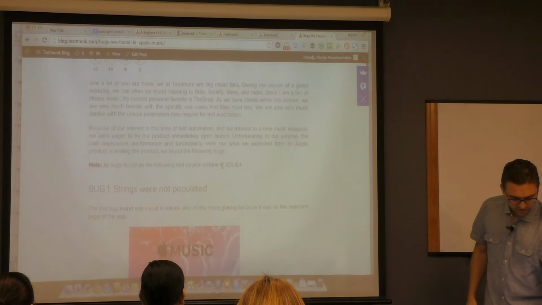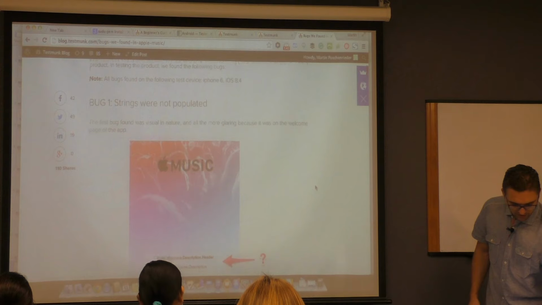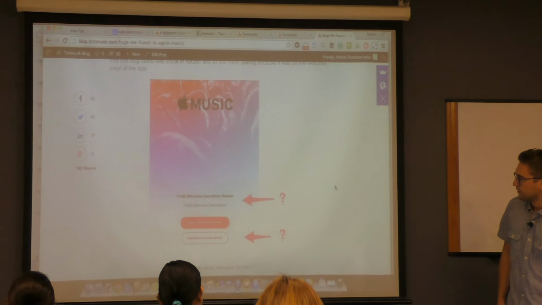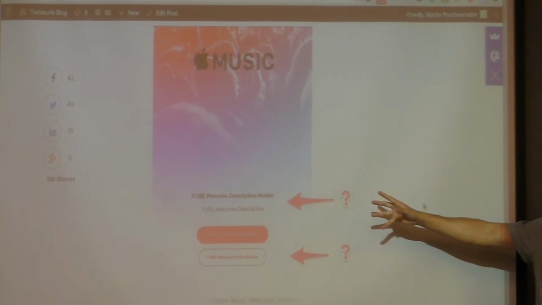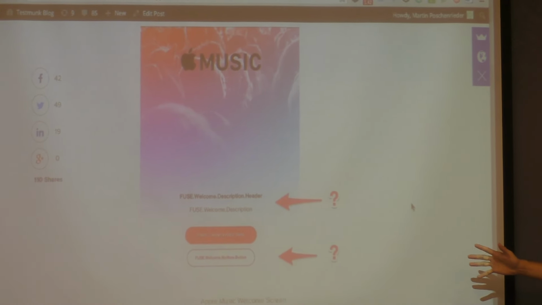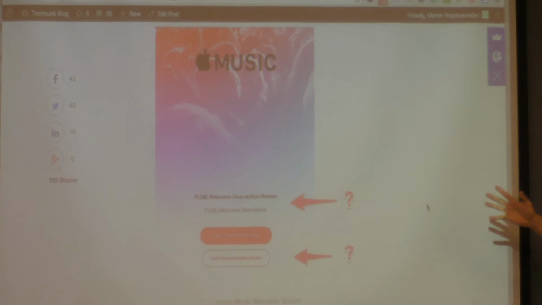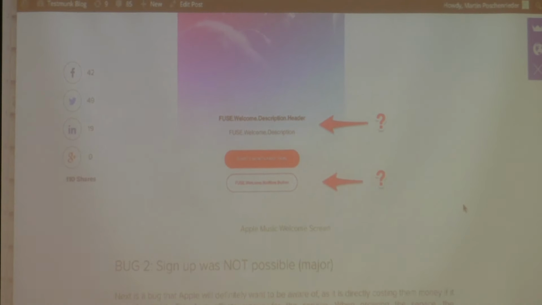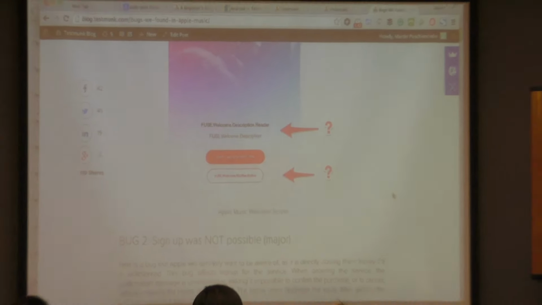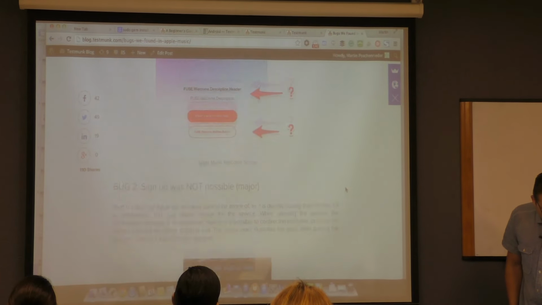So the first one was in the morning, where basically labels were not populated. So it's basically code defined by the developer. So stuff just didn't work. That was mainly, I would say, a problem because of a lot of load on the day they launched it. So they had, I assume, just traffic problems. But